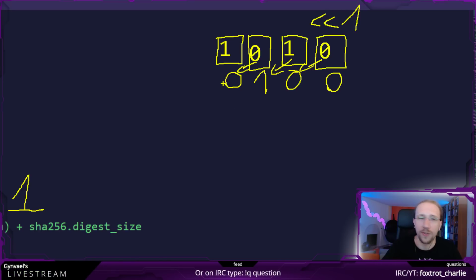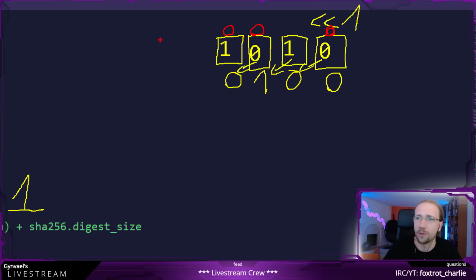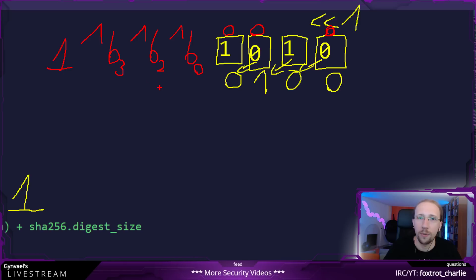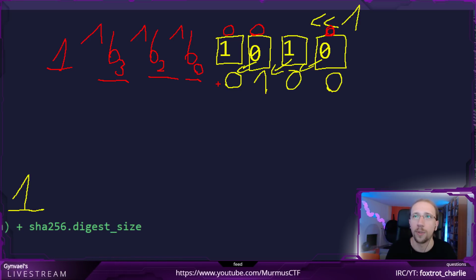So what we do is we select a couple of the bits in the register. Let's assume I'm going to select this one, and this one. So these three. And what you do is you basically XOR them together. And you additionally XOR it with 1. So you calculate something like this: 1 XORed with bit number 3, XORed with bit number 2, and XORed with bit number 0. And you always take the same bits. You choose which bits you are going to take. And the set of bits which you chose is called a polynomial.